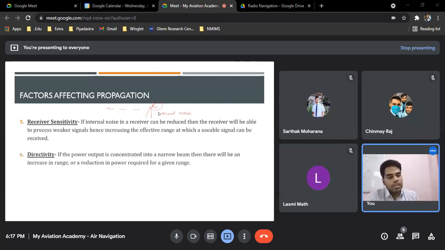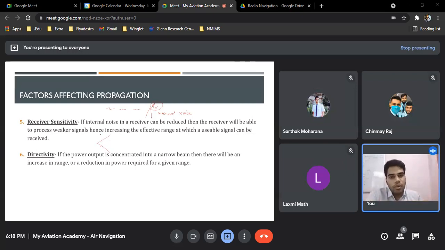Directivity. Now this is a great example which I always give. It's basically your car. You have driven a car or a vehicle. You have two types of beams, two types of lights in front. One is a broad one, sorry. The broad one is basically used for the surrounding area, close by area.